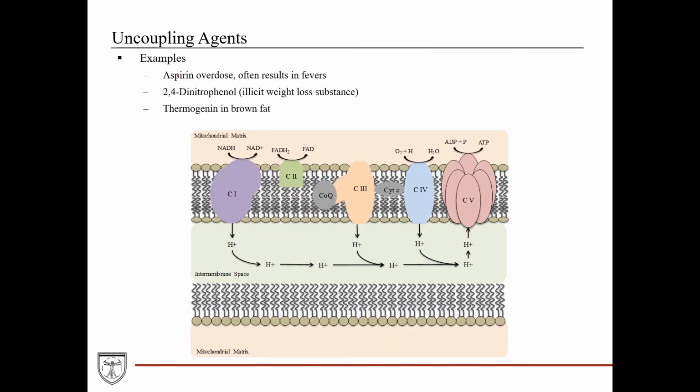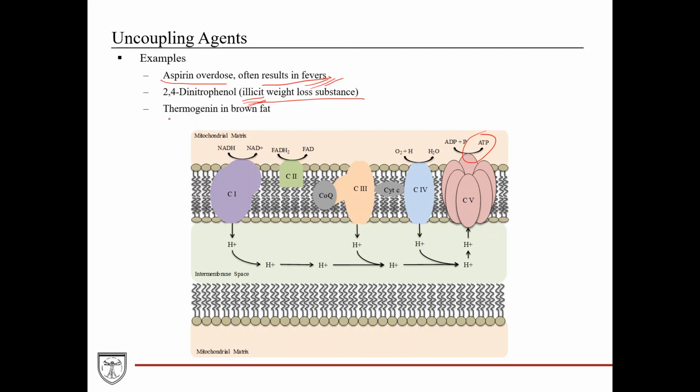And so some examples of this would be an aspirin overdose. This often results in fevers, which is a clinical sign. Then you have 2,4-dinitrophenol, which is an illicit weight loss substance. So the thought here is that if you uncouple the electron transport chain, you're going to increase metabolism and hopefully metabolism of fats with the end goal of weight loss. The problem with that, though, is that you're directly affecting ATP synthesis in the mitochondria, and so you can have pretty devastating side effects as a result of that,